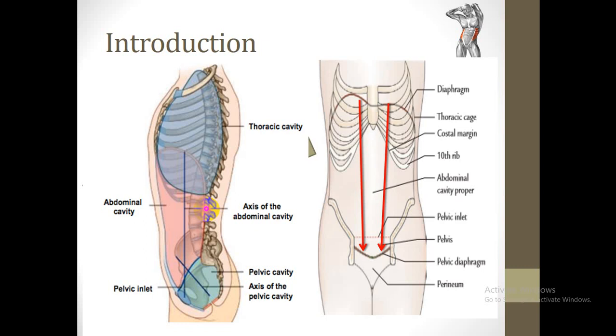Posteriorly it is surrounded by the posterior abdominal wall that is formed by muscle and the lumbar vertebrae, and continues inferiorly with the pelvic cavity. Laterally this cavity is surrounded by the thoracic cage from above and the iliac crest from below,